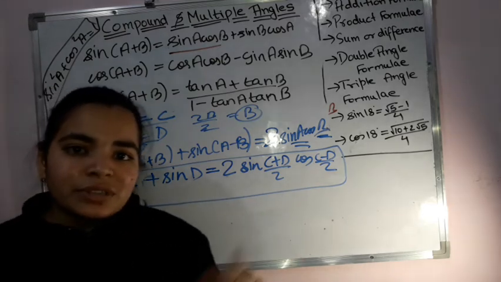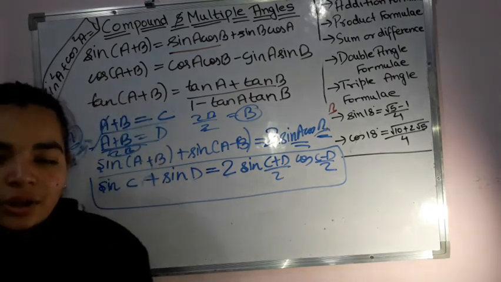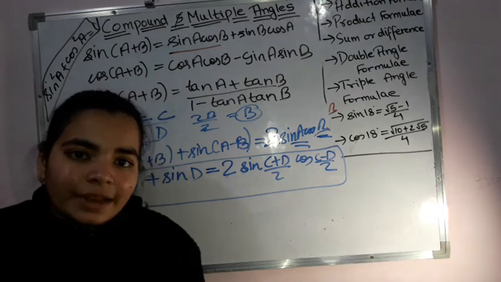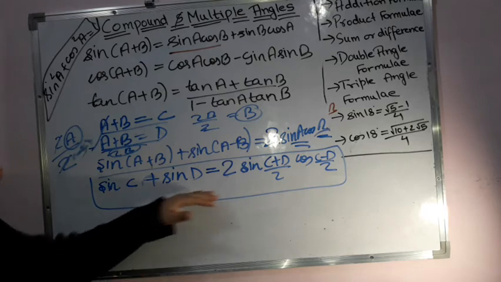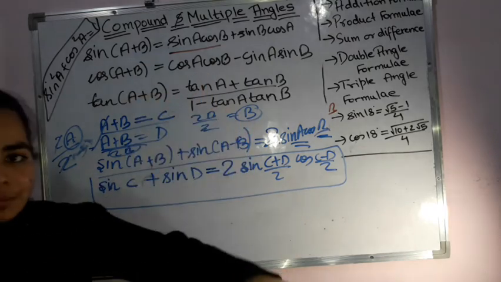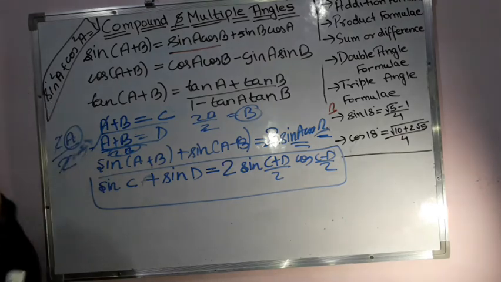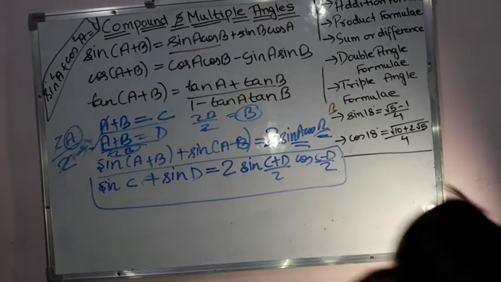If I have the product into sum or difference, then the product that was there is sin A cos B, or cos A sin B, cos A cos B, or I can have sin A sin B. So let us see how that is going to be. So that way we'll do, right? These both, product into sum or difference and sum or difference into product, are just the reciprocal or the inverse of each other, right? Now after the sum or difference that we have, we'll be seeing the double angle formulas.